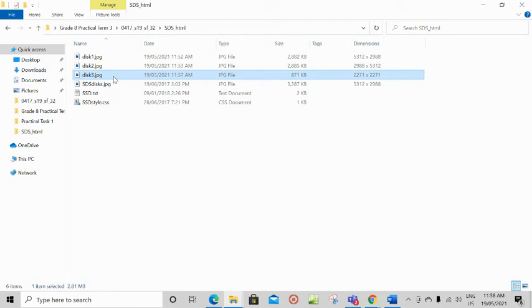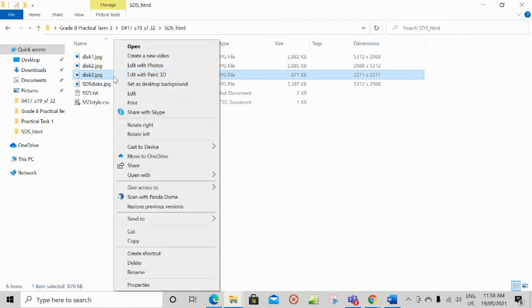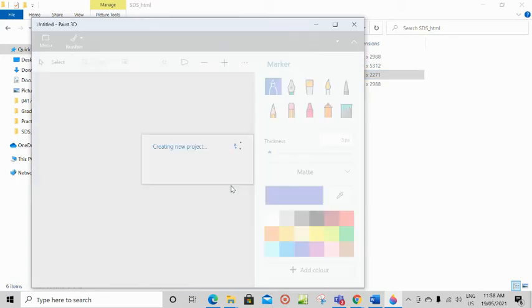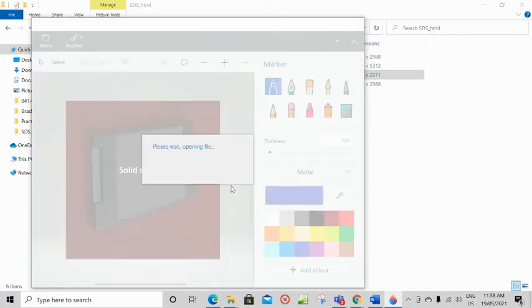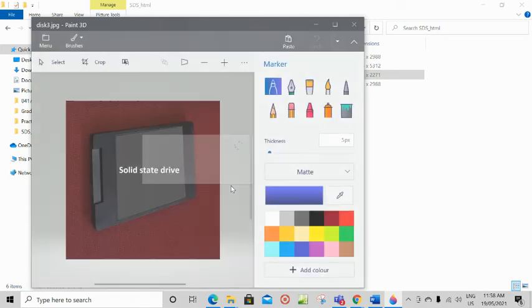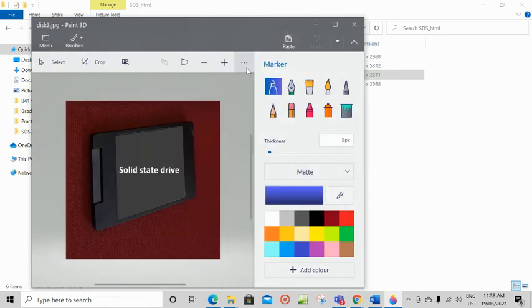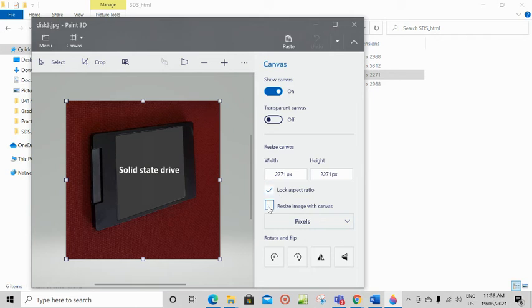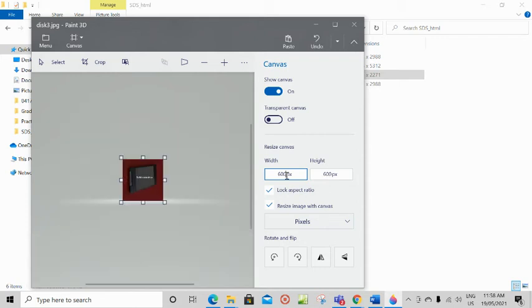So again, open this image, open with Paint 3D. Click here, Canvas options, resize image with canvas, then make this 600 by 600.